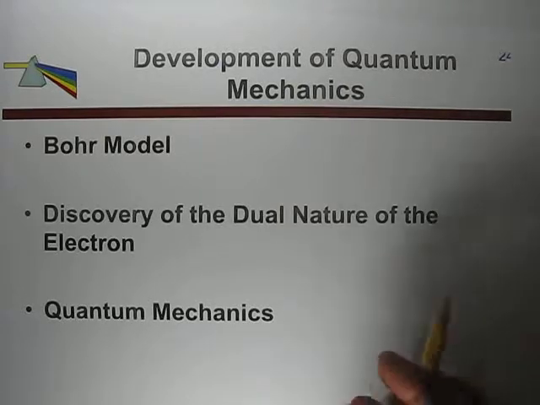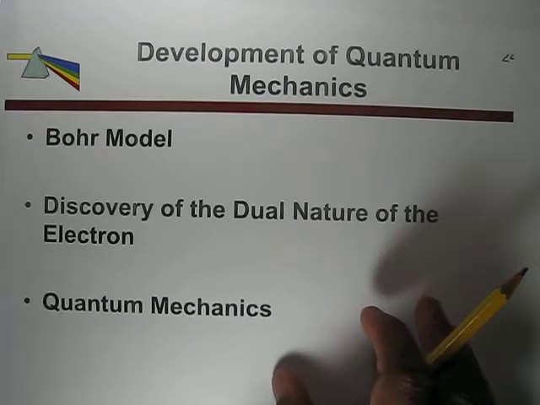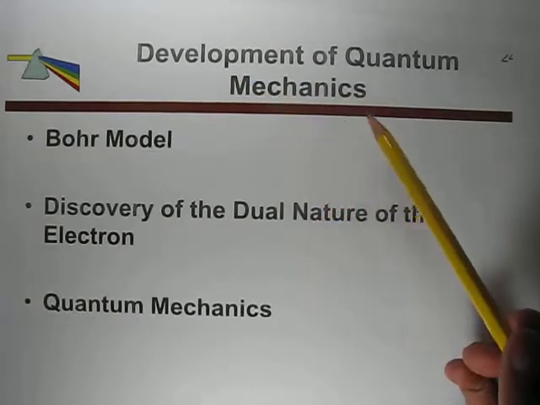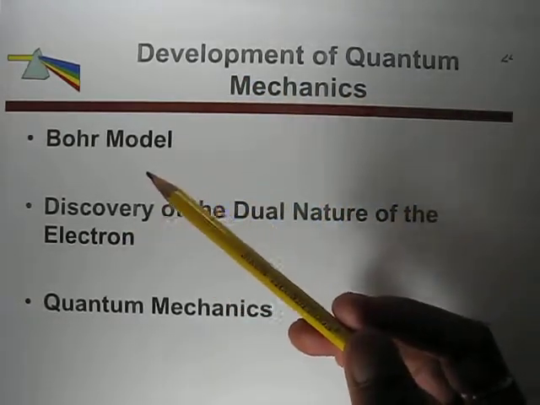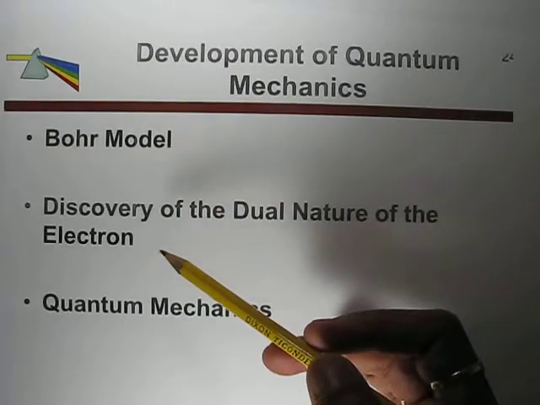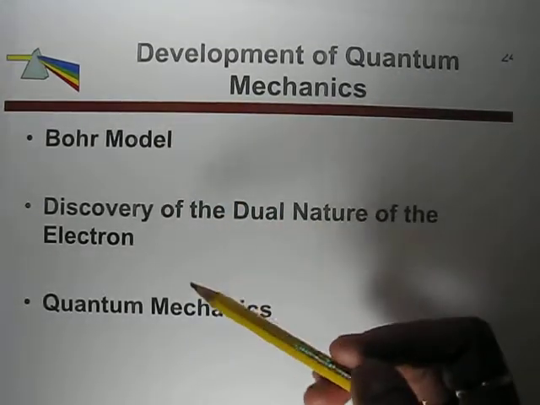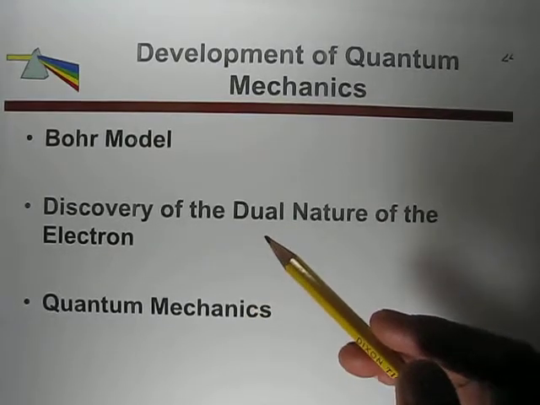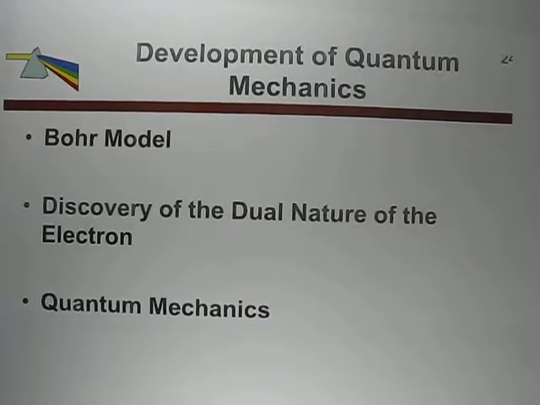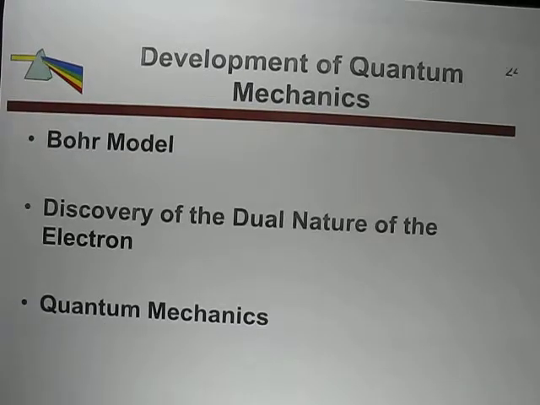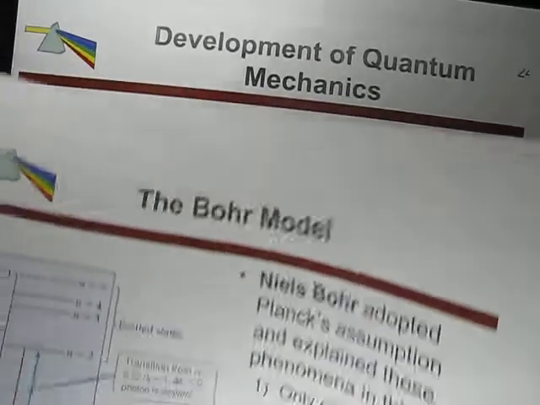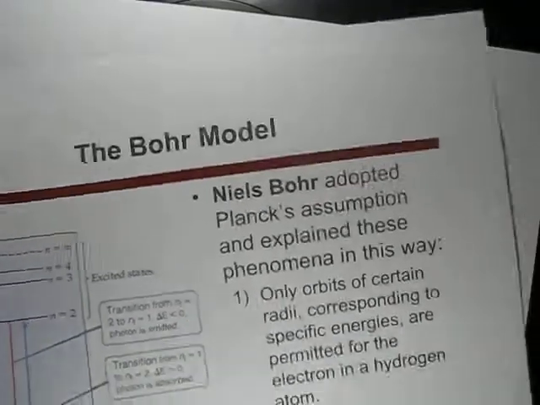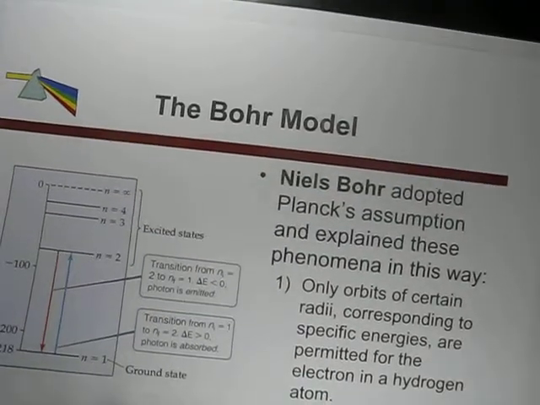So in this video we will understand quantum mechanics, the development of quantum mechanics, the Bohr model, and then the discovery of the dual nature of the electron. Niels Bohr gave for the first time this quantum mechanics theory, and according to that,